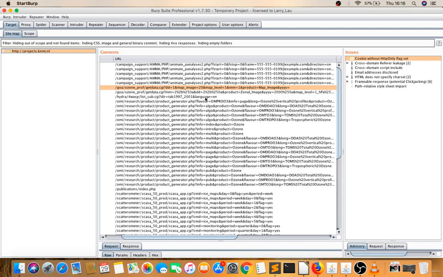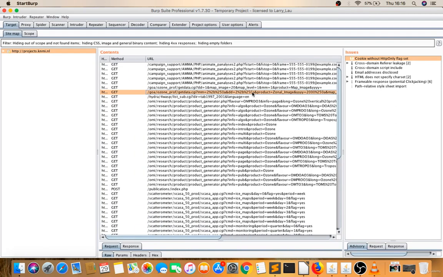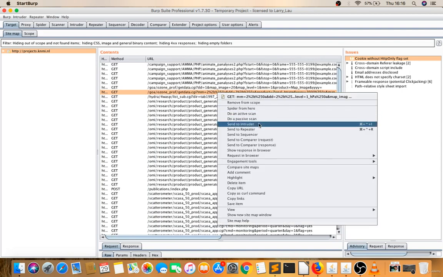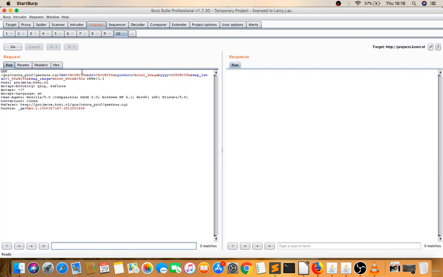So there is a equal to product label, whatever, or you can right click, send this to repeater. Now let's try there. I'll give hello 1, hello 2, hello 3, hello 4, hello 5, and hello 6. Let's execute now. Let's see it's reflecting.